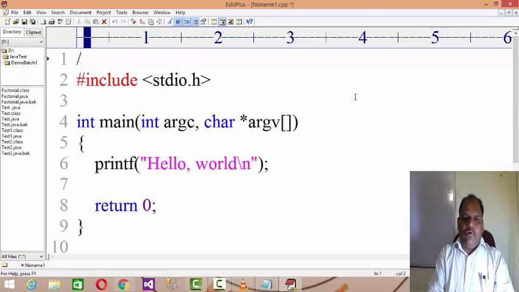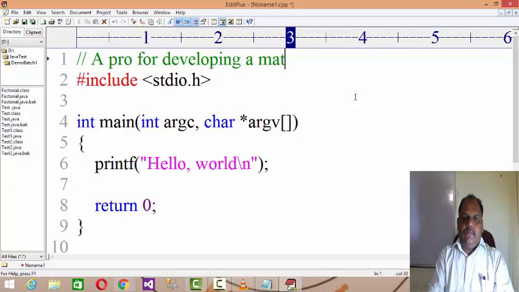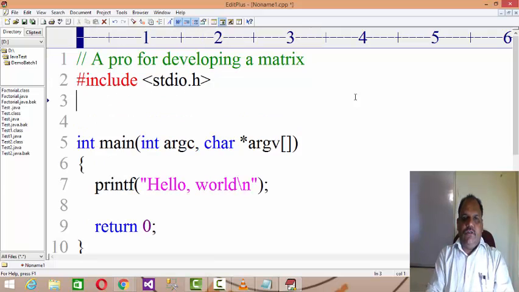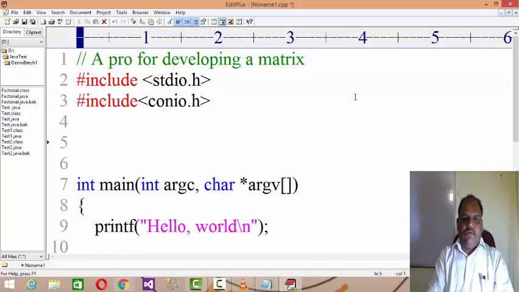A program for developing a matrix, right? First of all, let's say #include <stdio.h>, #include <conio.h>. Now define a macro for the maximum size, right?